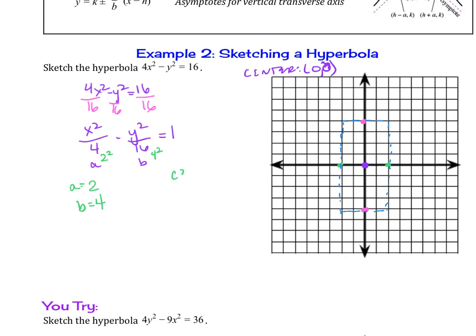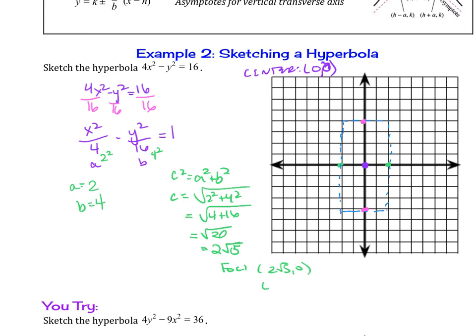To find c, we're using c squared equals a squared plus b squared. And so c equals the square root of 2 squared plus 4 squared, or the square root of 4 plus 16, or the square root of 20, which is 2 square root of 5. So that's where our foci are going to be. Our foci are going to be 2 root 5, 0, and negative 2 root 5, 0. Not that we have to write it right now, but just to keep that in mind. So it's somewhere out here,